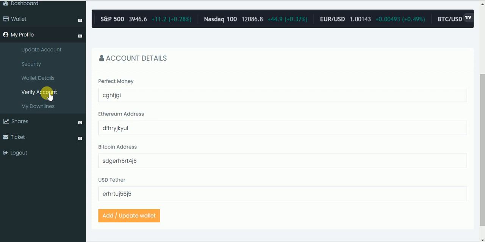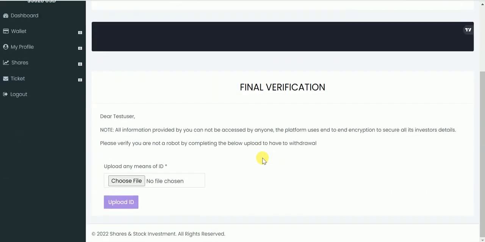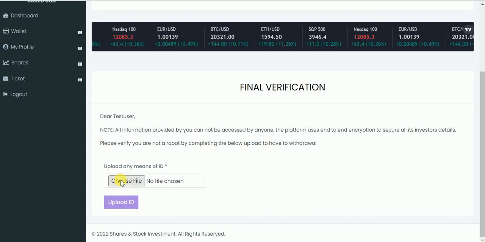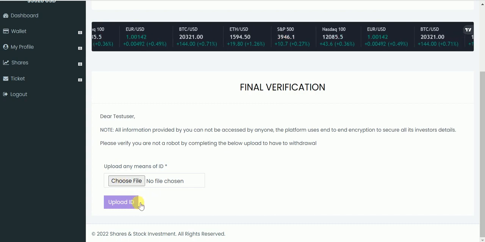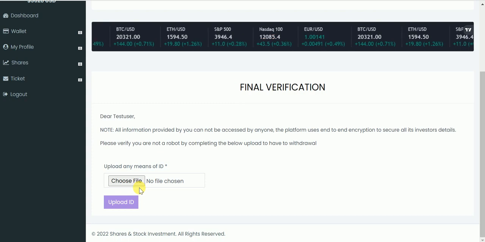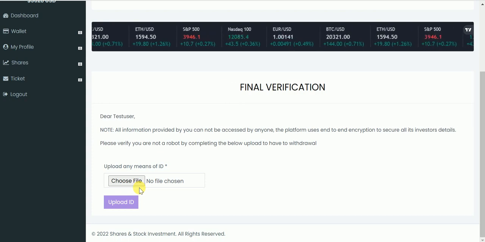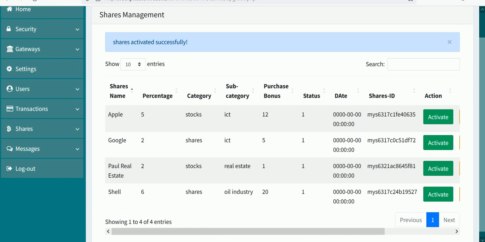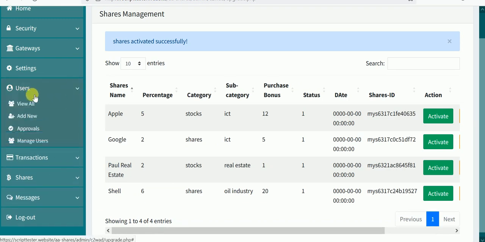User can verify accounts. During the verification, they upload their ID card, and that's where the admin can now approve them to be able to withdraw money. Else they won't be able to make a withdrawal. Under the admin, if they come to the user,